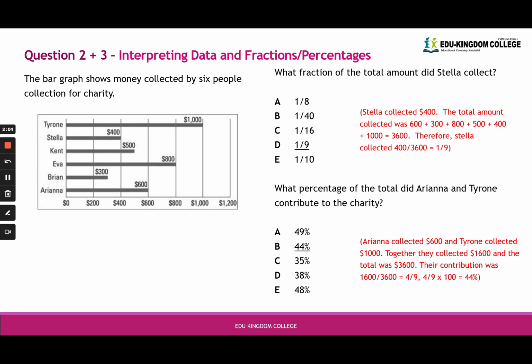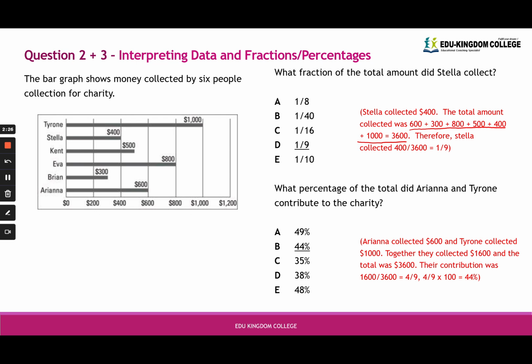Okay, so what we need to do is find out the total amount, right? So luckily they've already labeled all the numbers, right? So we have $1,000, $400, $500, $800, $300, and $600, right? So we need to do the addition, right? So we do 600 plus 300 plus 800 plus 500 plus 400 plus 1,000, and that will give us 3,600,